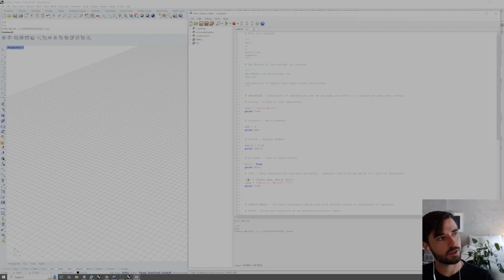So what Python is going to do is it's going to read through each one of these lines. It's going to get to line 48, open up this variable or create a variable named list. It's going to set that equal to these 4 items. It's then going to go to line 49 and it's going to replace every item. So basically clear that container out, and instead it's going to take a look at what we're storing here, which is these 3 strings, and it's going to override that information, store that into the same named variable list,